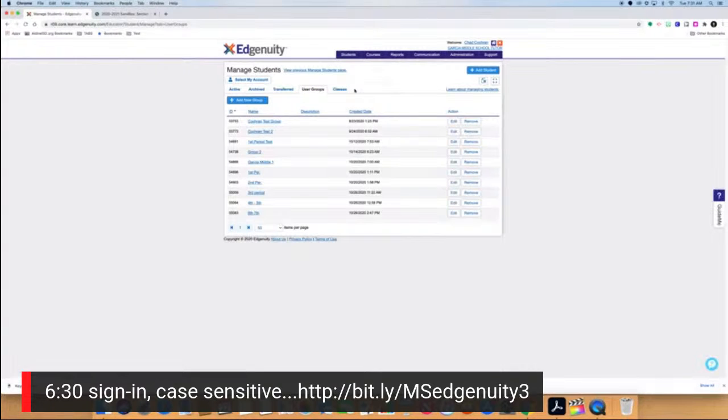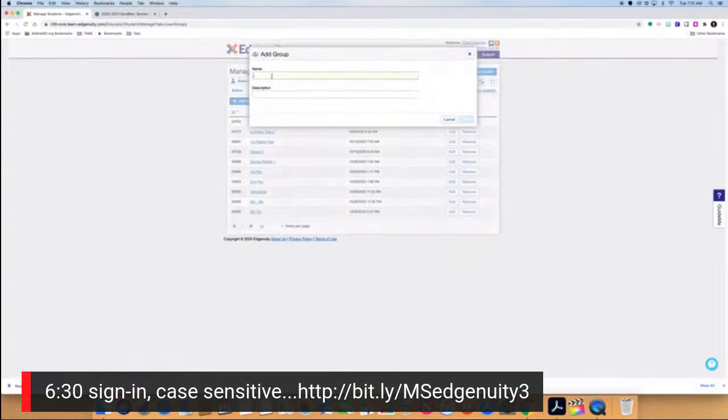You can see I have all these groups I've already created and added students and other trainings. But to create a group, you just click add new group, and you name it. I recommend naming it by the period. I wouldn't go by my sections that I have in Schoology, where it's so broken up and you have 800 of them. I would just go by first and second